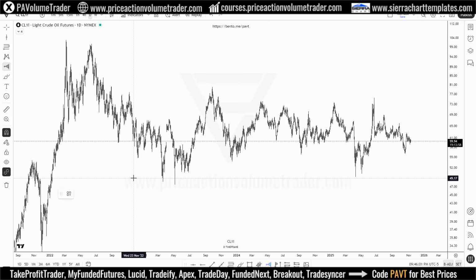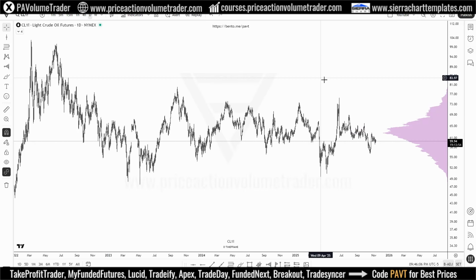if I put a profile going from the beginning of this consolidation, we're going to have one huge high volume node, and it looks like a pretty perfect distribution curve with the point of control, and then volumes just dropping on either side, okay? So a market like this,